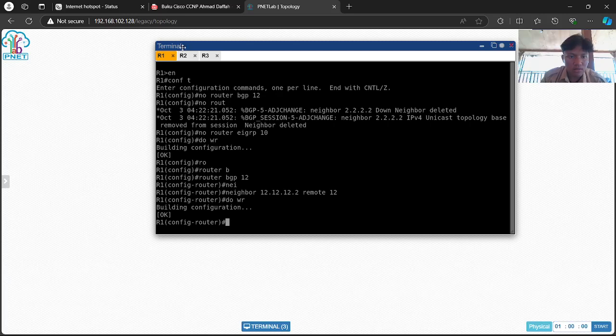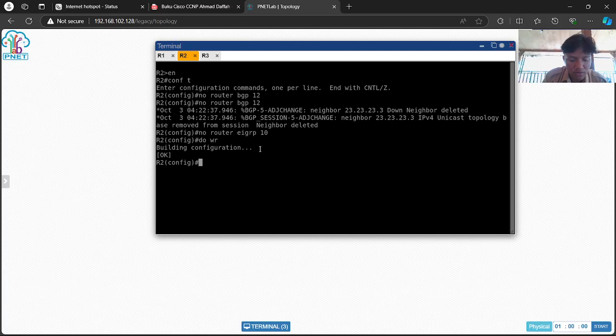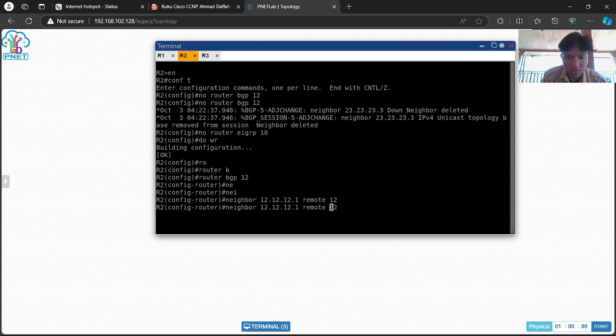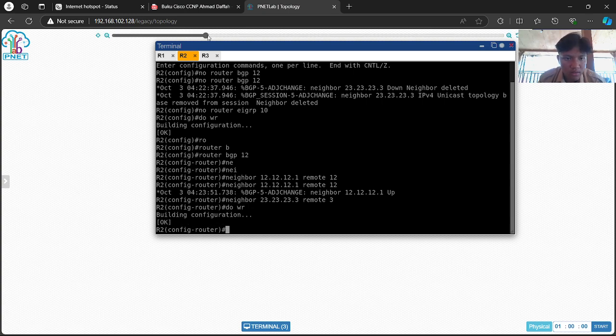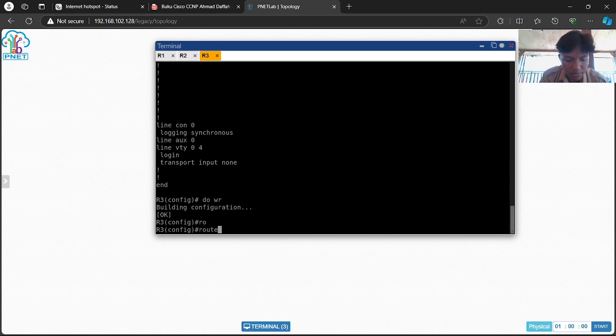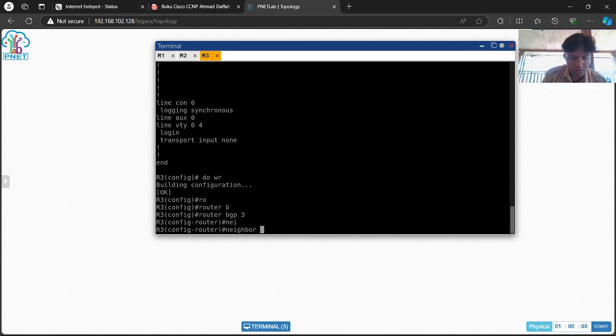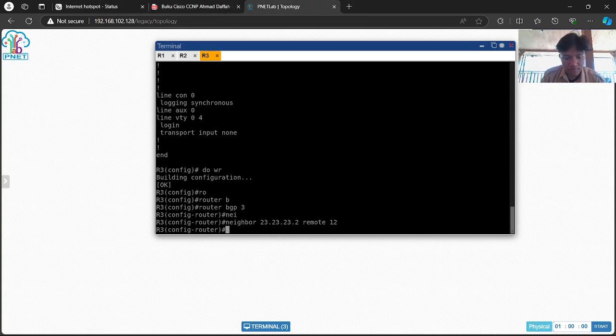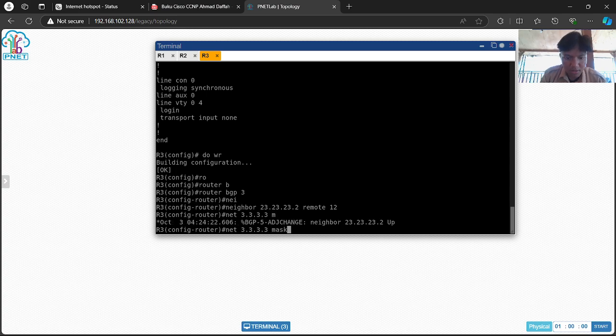Then write. Now on the second router, router BGP 12 again, neighbor 12.1 with remote AS 12, and also neighbor 23.3 with remote AS 3, then write. And at the third router, router BGP 3, then neighbor 23.2, remote AS 12, and then the network, and then the mask.